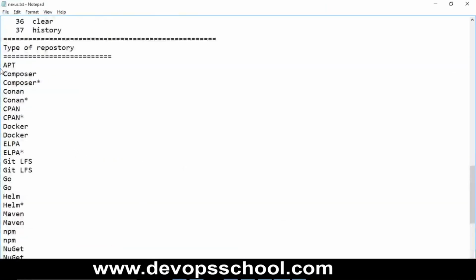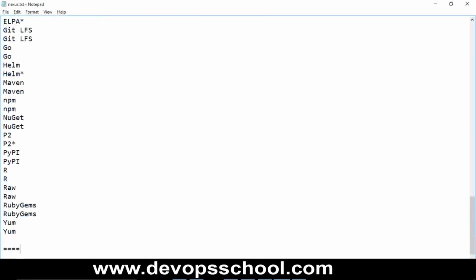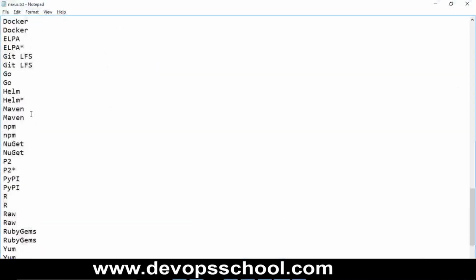Okay, you see here all this kind of repository. Though it got duplicated, I'll just avoid removing it, because now you understand that these are the repository kind of. Now each repository